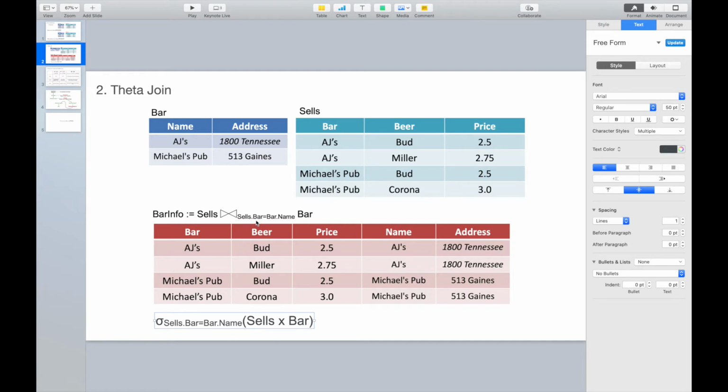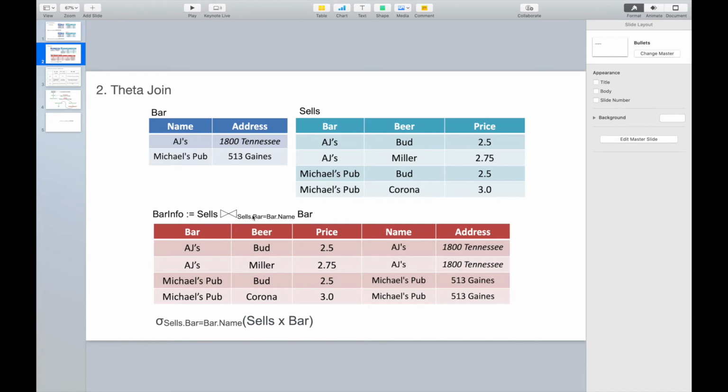We'll provide an example of how to derive this theta join in the previous lectures. You can go over the lectures again and check if you can follow the materials or not. So we calculate the product between sales and the bar first, and then further apply the selection to select some tuples, right? So please do check the basic operation first. What does this product mean? What does this selection mean? Then you should be able to understand the physical meanings of this theta join